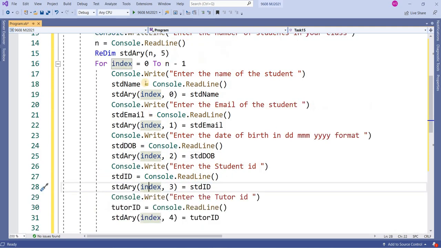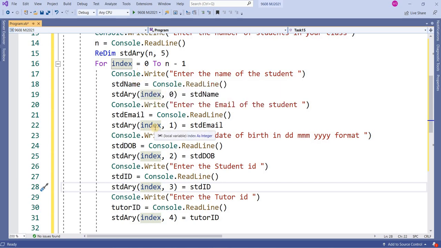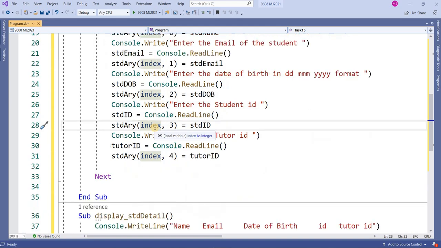In this way, I am placing all these statements in a loop. It will store all the students that are in that class, and it will store all the student records in the form of a 2-dimension array.